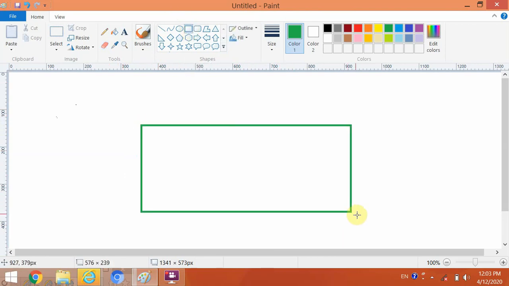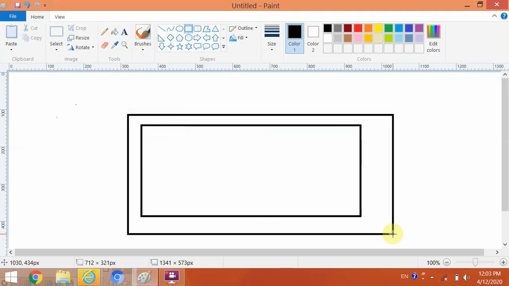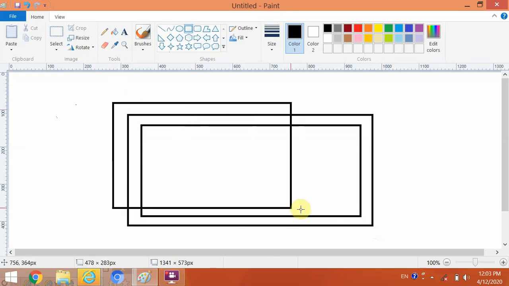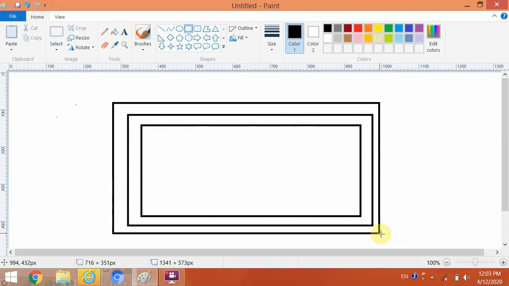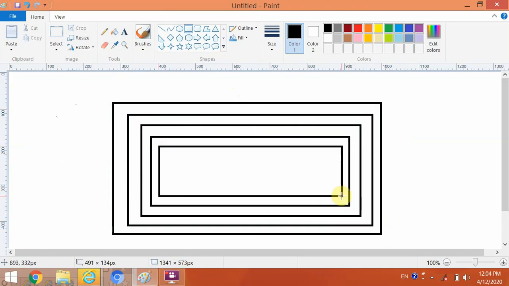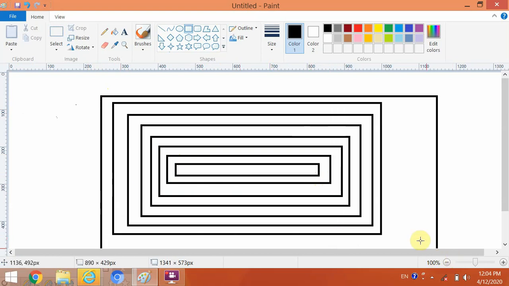Then I want to draw some shapes. You can easily draw which type of shape you want to draw in Paint.